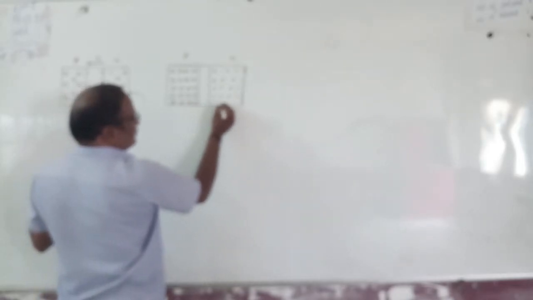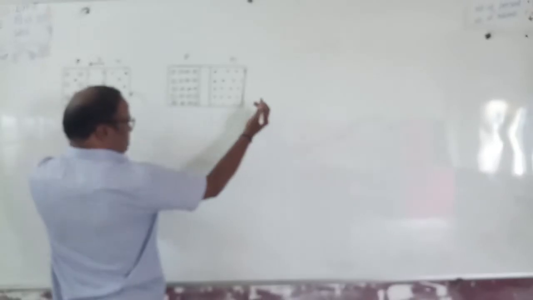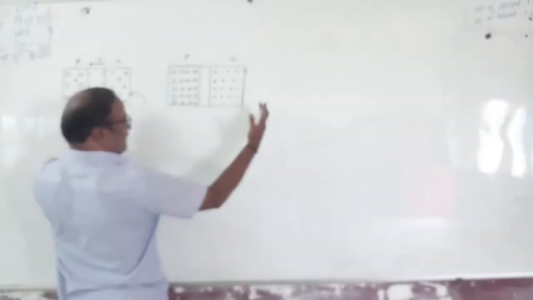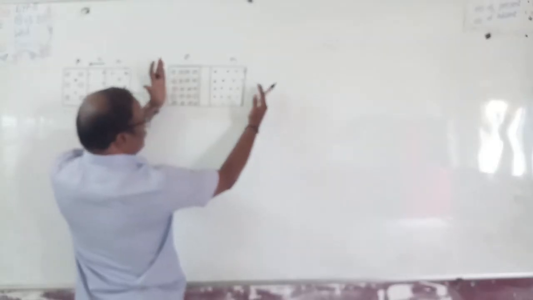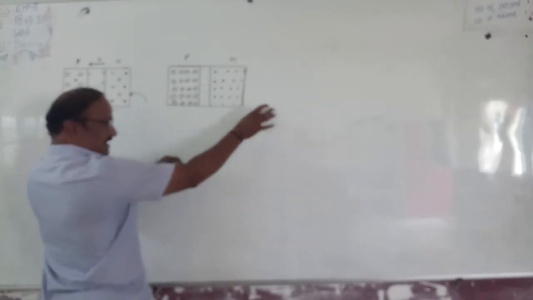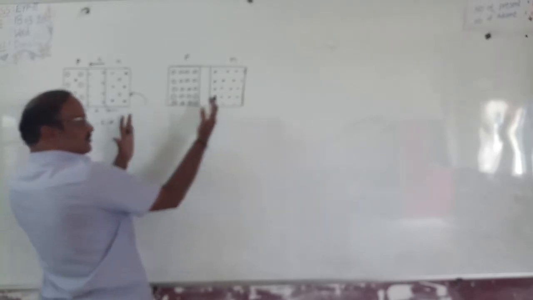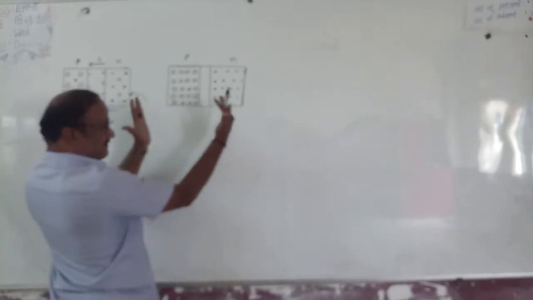See here in the diagram. This is a negative charge. It is a positive charge. The force of attraction between these two charged particles will be increased like this. All these positively charged carriers tend to move towards the n side, and at the same time electrons tend to move towards the p side. That's why the thickness of the depletion layer will be reduced.